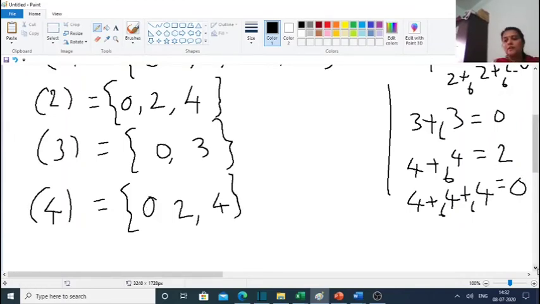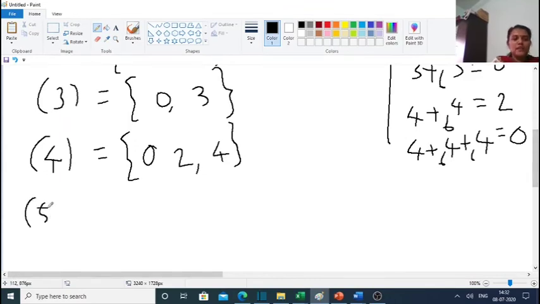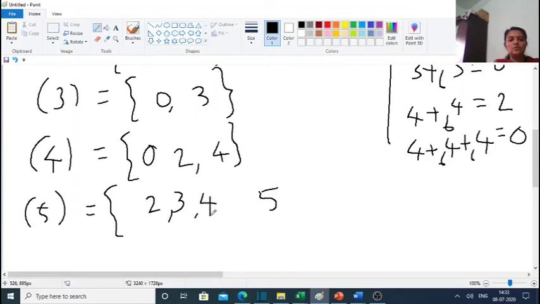And next, the cyclic subgroup generated by 5: if we write 1 time 5, it will be 5. 5 addition modulo 6 5 is 10, remainder is 4. Again 15, remainder is 3. 20, remainder is 2. 25, remainder 1. Next we add 30, and we will get 0. So this is 6 times.